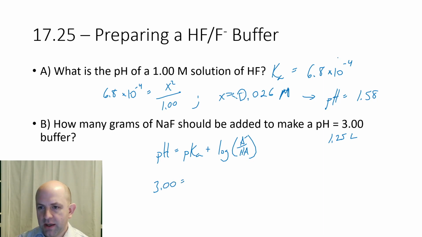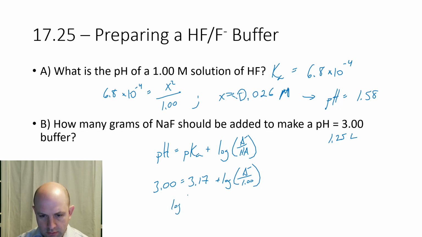So we want 3.00 to equal the pKa, so take the negative log there of 6.8 times 10 to the negative fourth. Take the log. Okay, so that equals 3.17 plus the log of our A minus over 1.00. So we can just plug all that in. We can then solve and say, okay, that means the log of A minus over 1, so just basically the log of A minus,